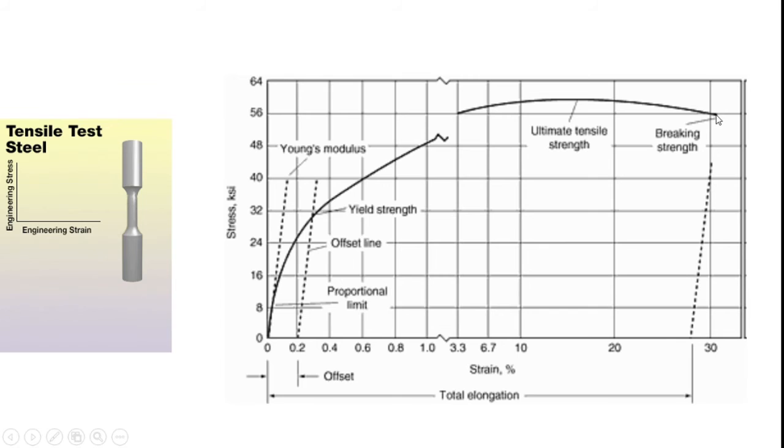Here, breaking strength or fracture strength occurs at the same point. So, we can define this diagram with the engineering stress and strain. A plot of tension stress versus strain as shown in this diagram is sometimes called an engineering stress strain curve, to distinguish it from a true stress strain curve. The high point in this curve, you can see the high point on the x-axis, there is 56 KSI, the highest point available. That highest point is always known as ultimate tensile strength.